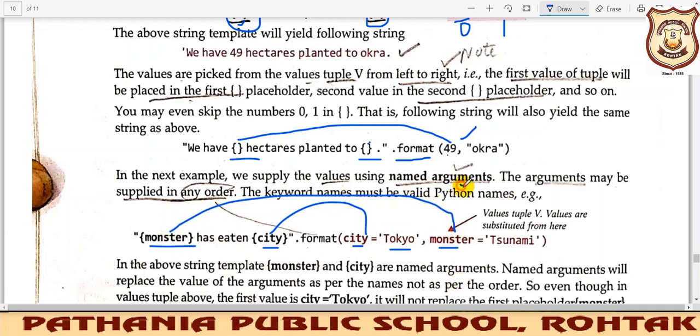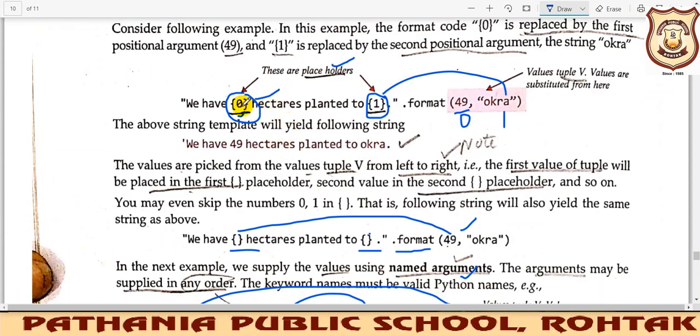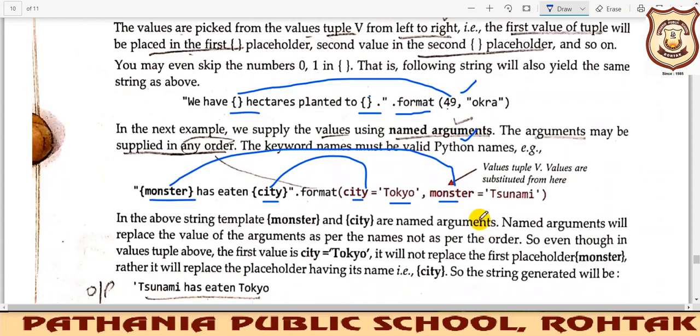So this is the named arguments. You can use any of the methods. Either you can write 0 1 in between them, then it is also fine. If you are not writing anything between them, then by default it will take the first for the first argument and the second for the second argument. And if you want to change the position, if you want to write the city value first, then you can use the named argument concept, where the city will be written inside the brackets and it will take the value automatically from there, whether it is here or at this position. There is no big deal in it.